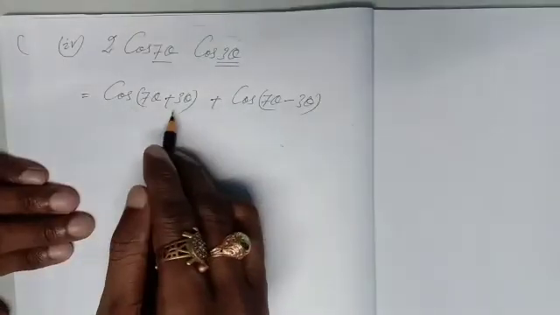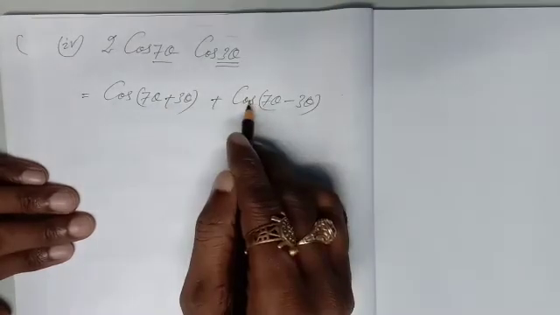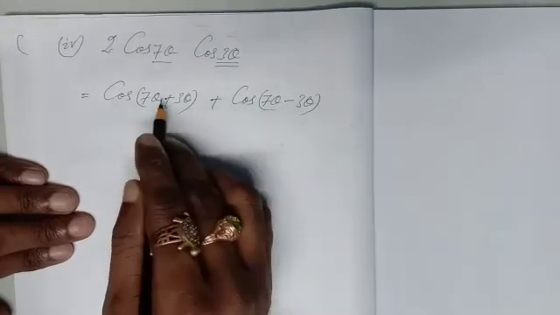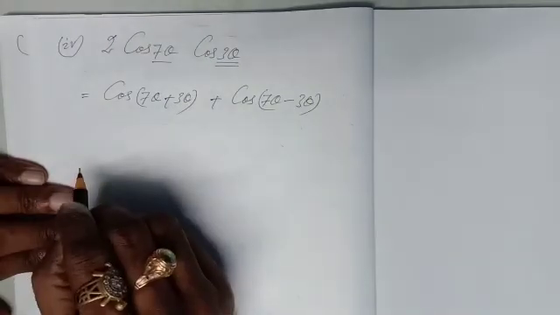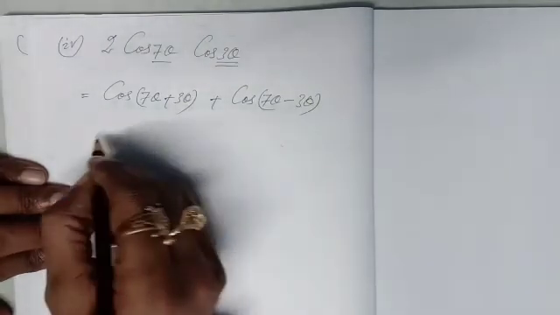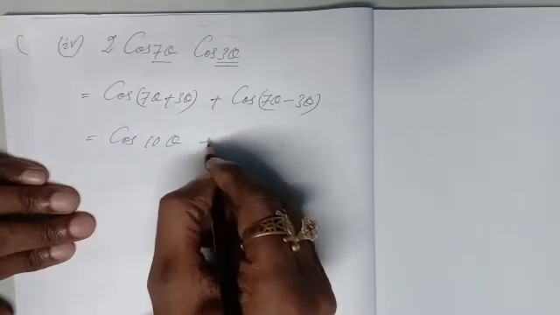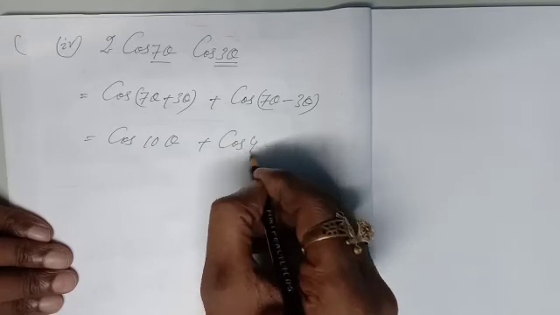The cos(A plus B) formula is cos A cos B minus sin A sin B, and the cos(A minus B) formula is cos A cos B plus sin A sin B. That means minus sin A sin B and plus sin A sin B cancel, and this will come to 2 cos A cos B. How much are you getting? That is cos 10 theta plus cos 4 theta.